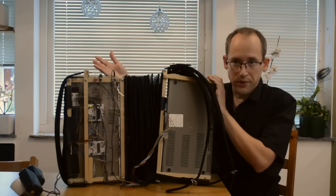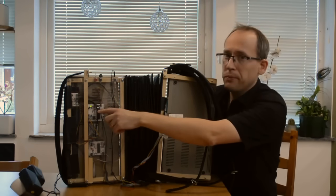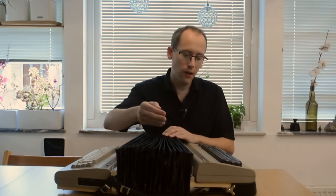And then we'd go through the same procedure for the left-hand side machine. The final circuit board is the mixer. The audio signals from the 2 C64s are brought together here and mixed. What's left is to make the bellows control the level of this combined signal. Thanks to ample use of gaffer tape, the bellows are more or less airtight, except for a single hole drilled